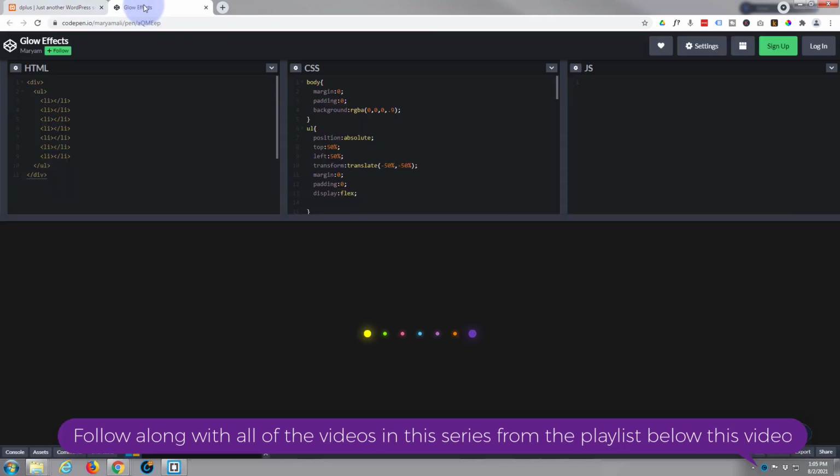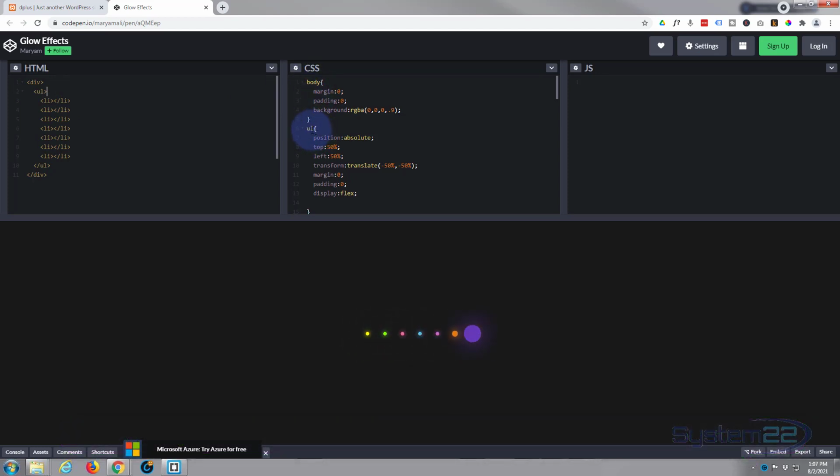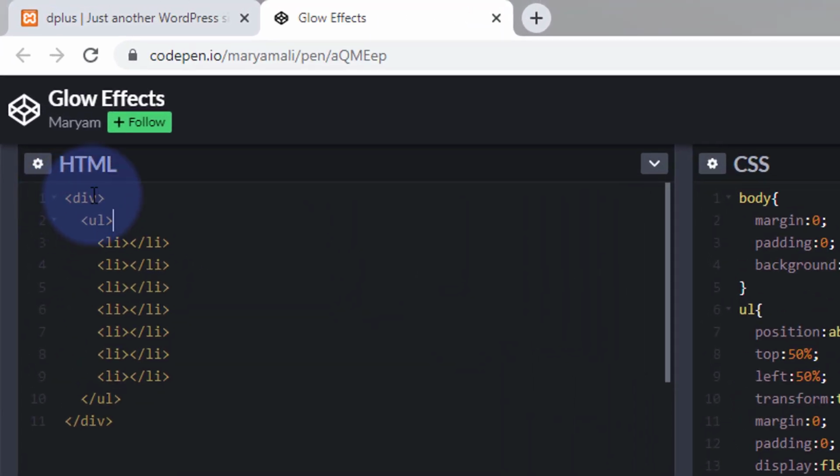Let's go back over. Okay, if we look at this code, they're actually using regular list items and an unordered list that they're targeting with CSS. Now, I don't want all of the lists on my whole website to be targeted, so I'm going to modify this code a little bit by just adding a class name, and you'll see this will mess up when I do this until we fix it. So after the div at the top here,